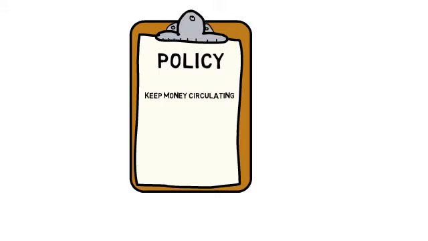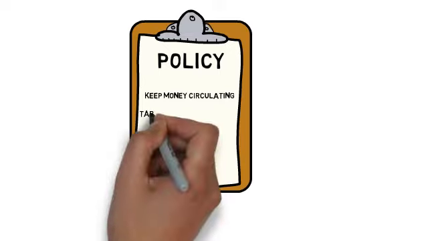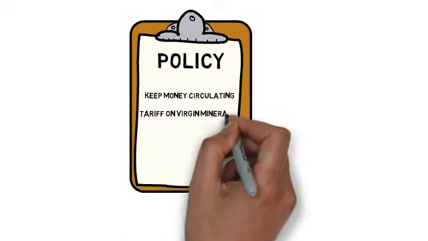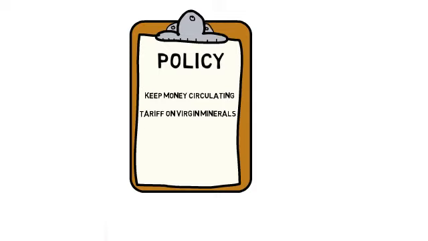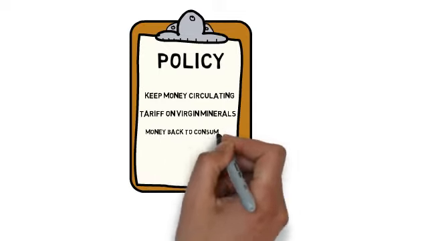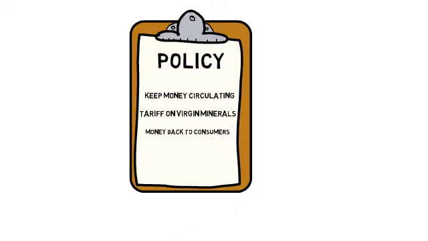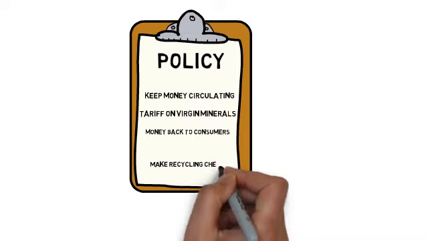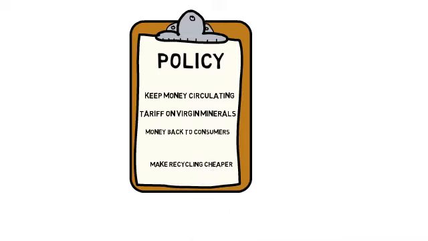Now, to make virgin materials relatively more expensive, a supplementary tariff can be imposed on extraction. In this case, the money collected should return quickly to the economy, preferably directly to consumers, so they can afford sustainable, cyclical alternatives. Secondly, if extracting or polluting are too cheap, then corporations will extract and pollute.